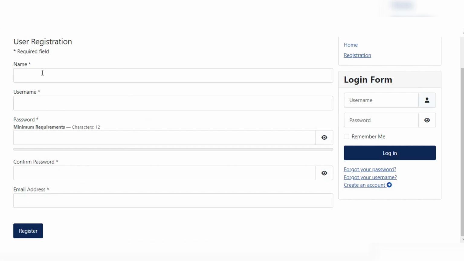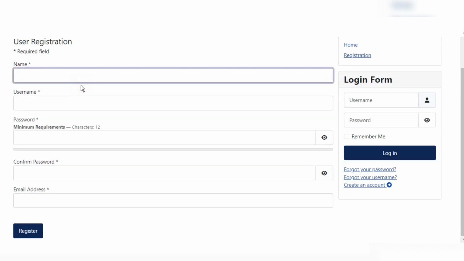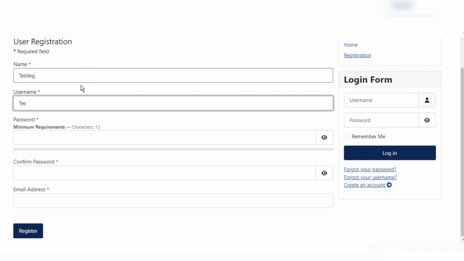So if I fill this form, we can register a new user. As for example I will fill as dummy data, for testing purpose only,